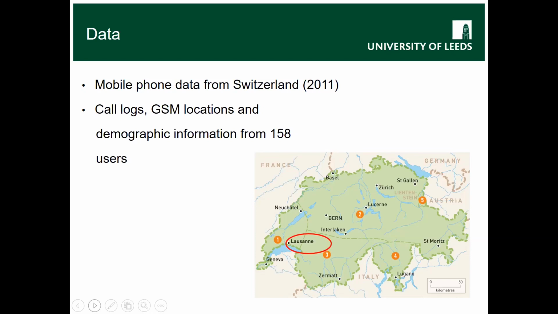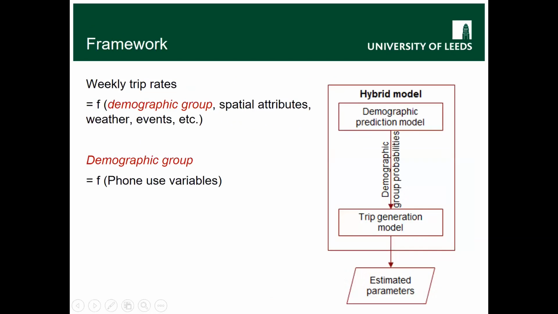So we first tried to predict the demographic group of the users. This demographic group meant whether they were, say, young full-time worker males versus, like, old females who are not working, things like that. So we could not pinpoint a specific age or specific gender, but we were trying to predict a combination of different demographic factors using their phone calling patterns.